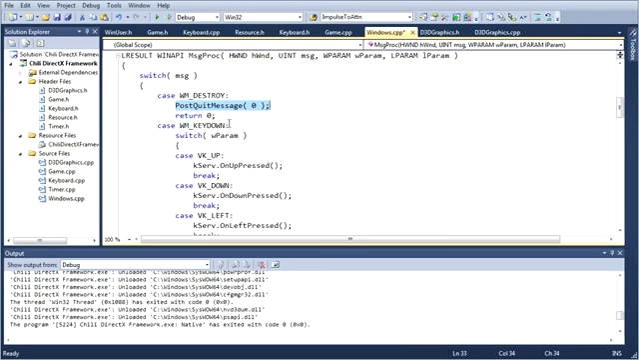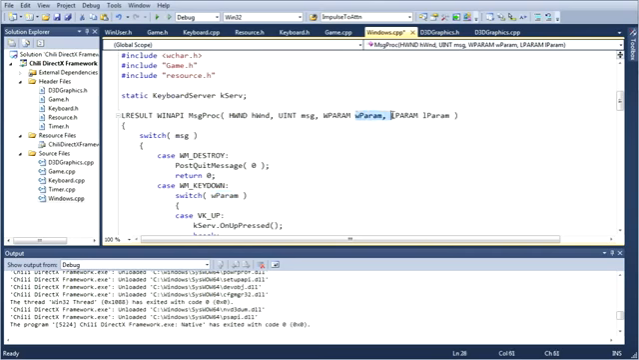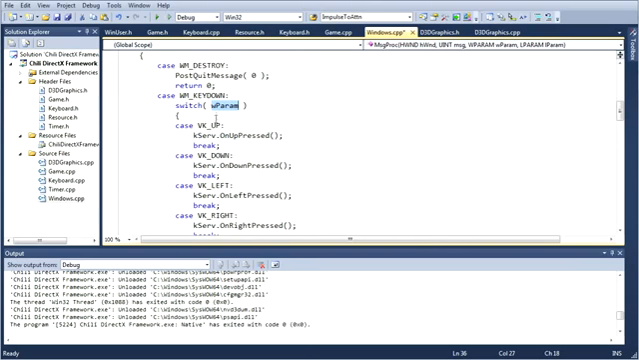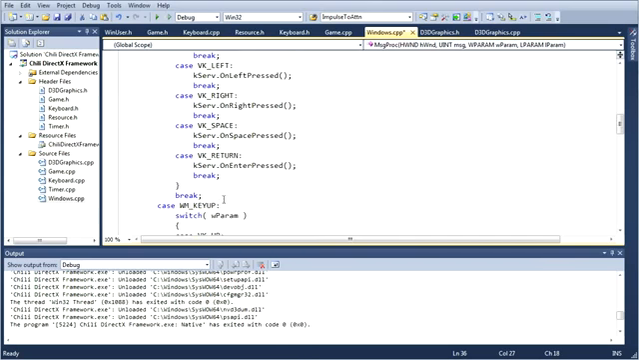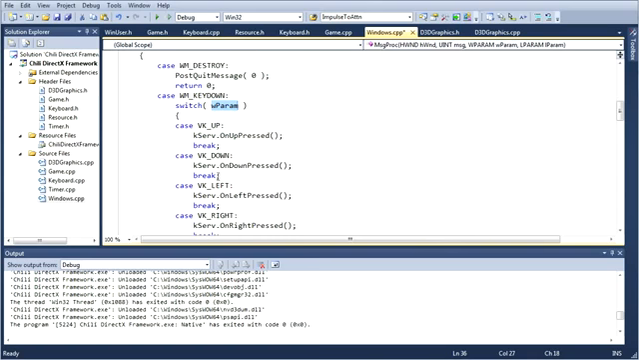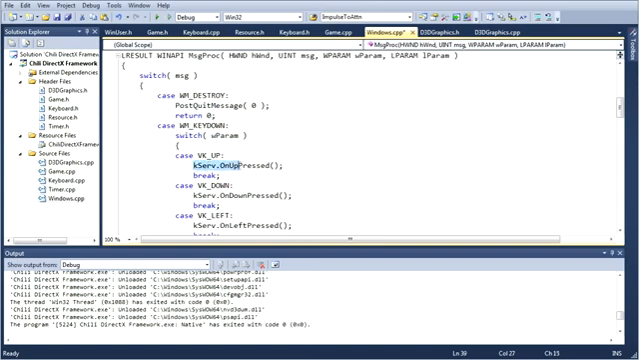If we get a key down message, then we want to switch this wParam. So wParam and lParam, the values that they hold depend on the message. So for the key down message, the wParam holds the code of the key that was pressed. So when we get a key down message, we have to check the wParam, and depending on what value that parameter has, we can determine what button has been pressed. So we switch on the wParam to determine which key was pressed, and if it was any of the keys that we're interested in,